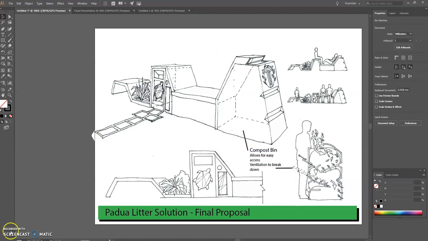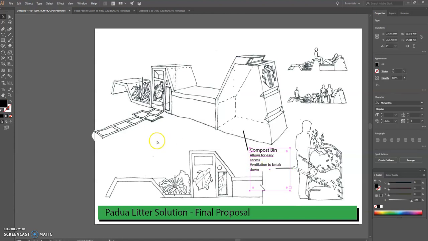Okay, and that finishes our final. Good for you to make sure that your annotations explain the whole drawing, so it's likely that I would come across and add some more annotations that help explain here. This might be integrated seating, and this might be allows for easy access or allows for close proximity